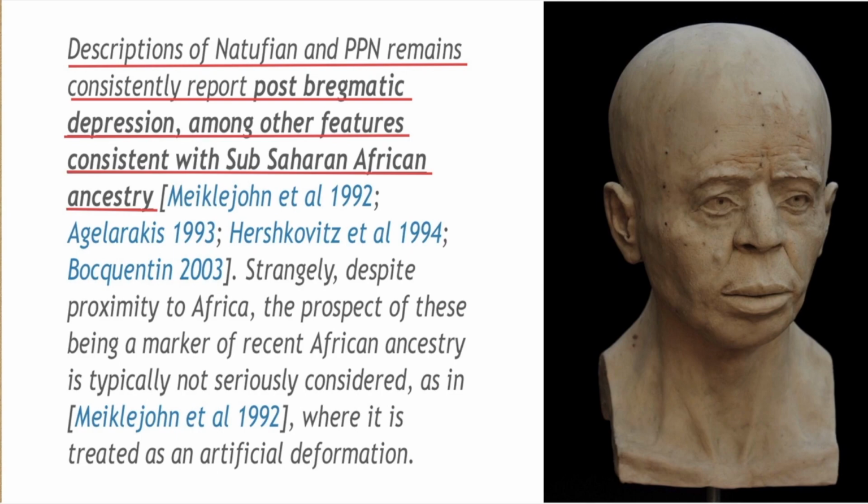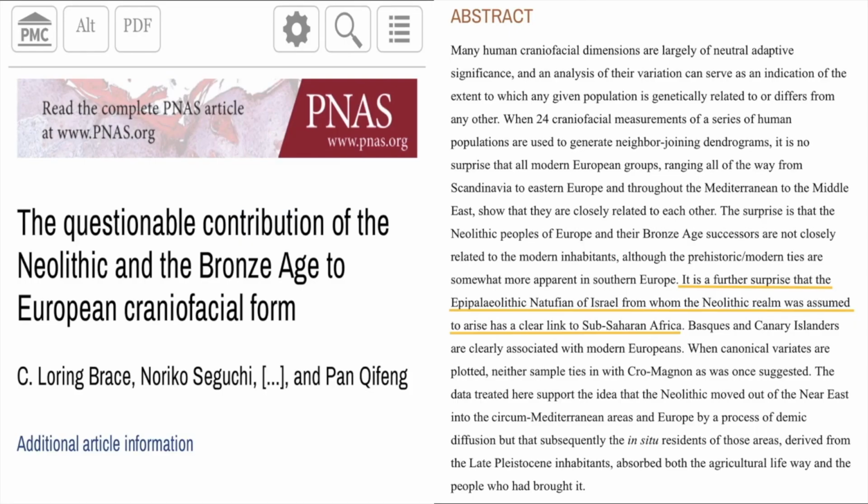Descriptions of Natufian and PPN, pre-Pottery Neolithic, remains consistently report post-bregmatic depression among other features consistent with sub-Saharan African ancestry. So again, they're saying that Natufian and pre-Pottery Neolithic remains seem to have some type of sub-Saharan African ancestry and/or features. And here is one of the most recent papers dealing with the phenotype of Natufians, the questionable